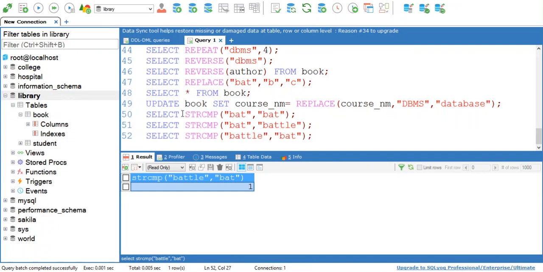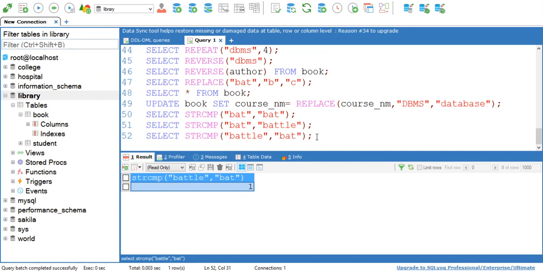Now from all these three queries, we can say that if two strings are equal in length, then output will be 0. If length of first string is less than second string, then output will be -1. And if length of first string is greater than second string, then output will be 1.